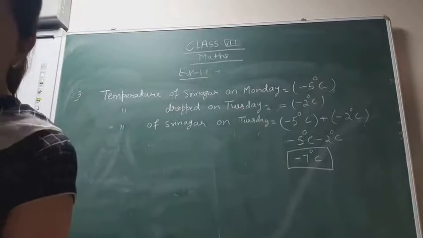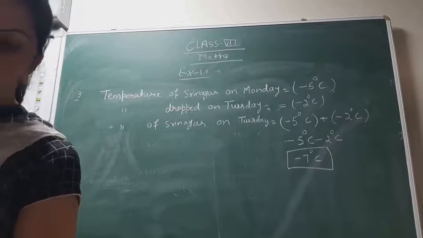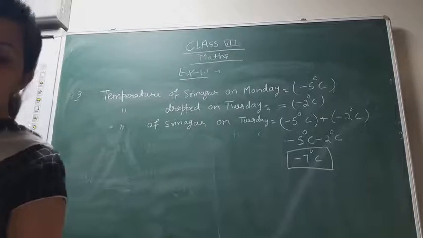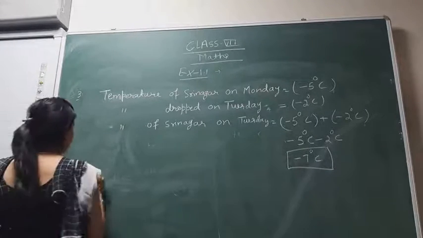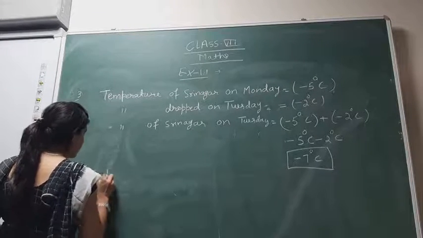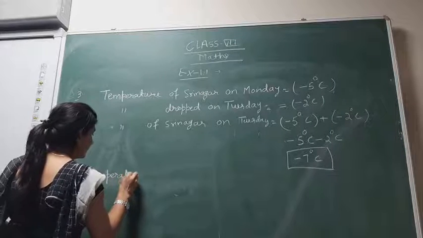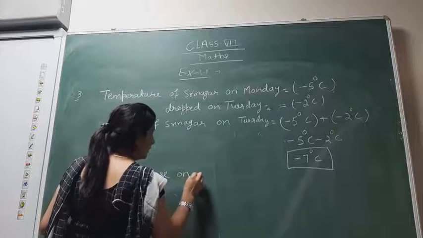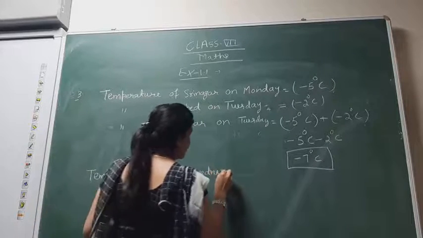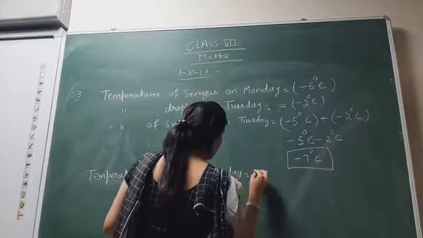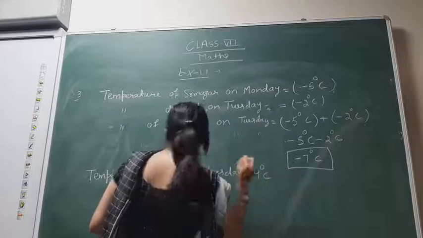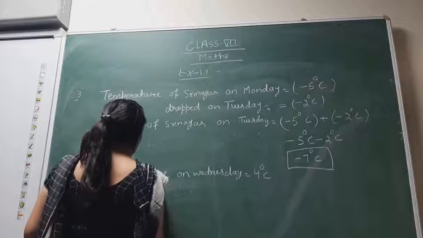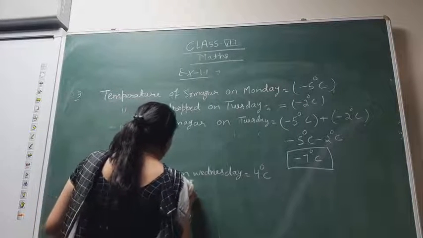Now we have to discuss the temperature on Wednesday. They say on Wednesday it rose by 4 degrees Celsius. Temperature rose on Wednesday. How much did it rise? It rose 4 degrees Celsius. So temperature on Wednesday